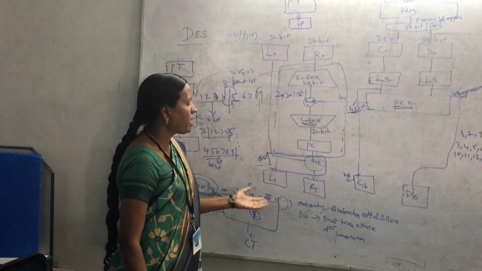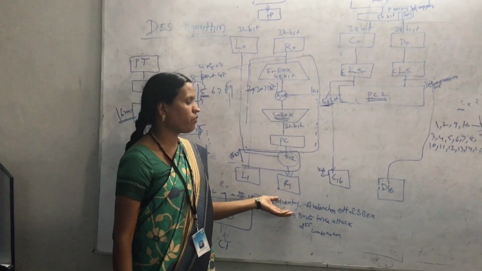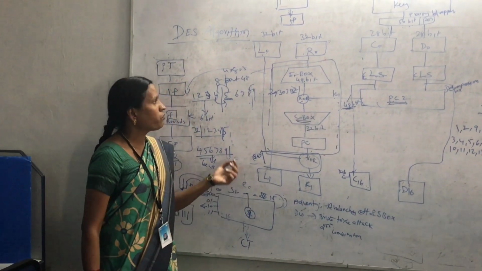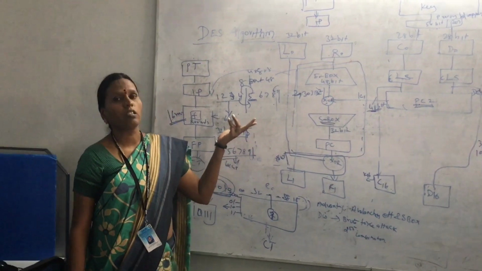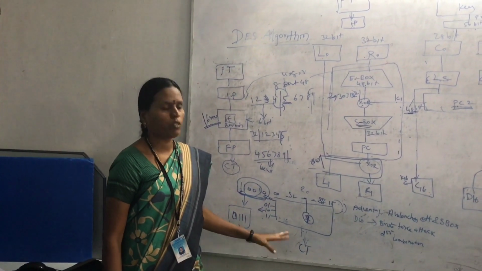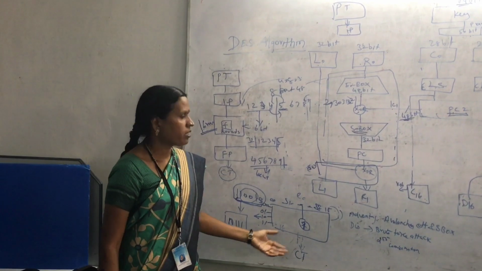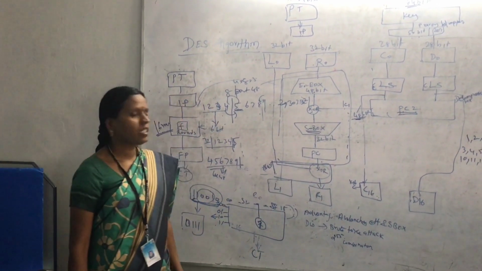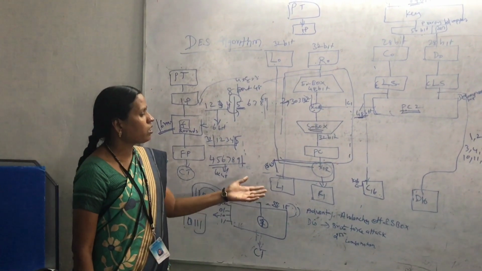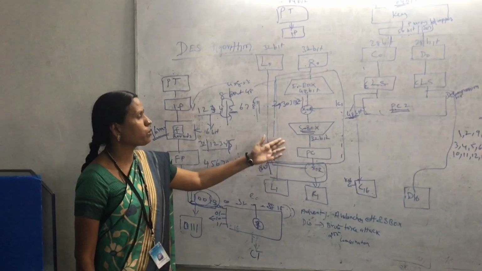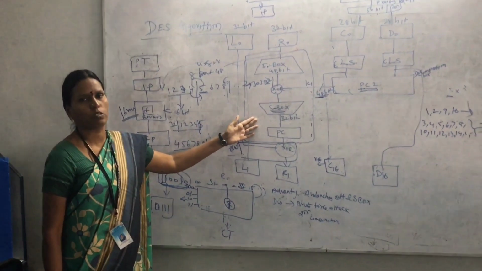If you go for the advantages, they are the avalanche effect and the S-box. Avalanche effect is nothing but if there is any change in the plain text or key, it will be reflected in the ciphertext; the ciphertext will also change. And then the S-box is also another advantage of the DES algorithm. Attackers cannot easily reveal the data because we are using confusion and diffusion.